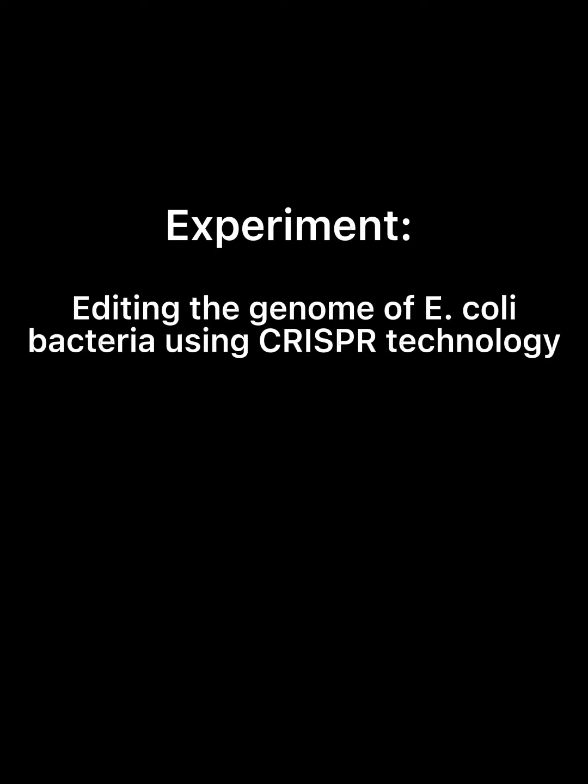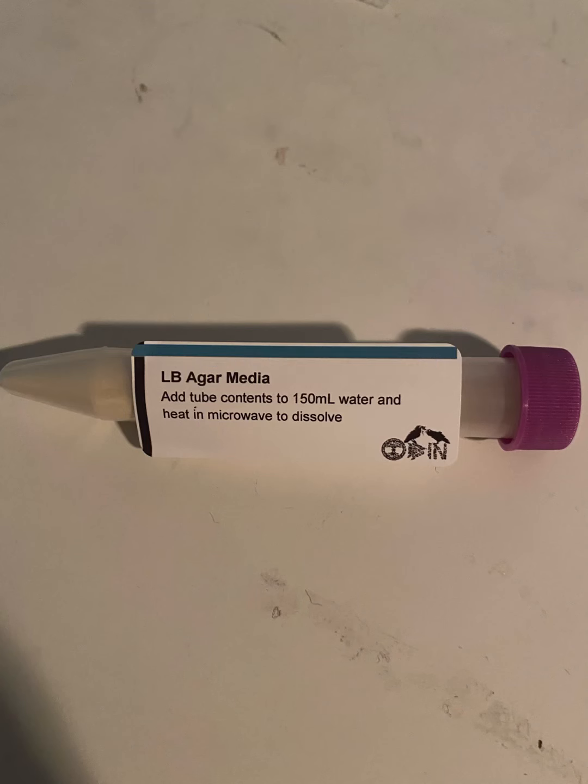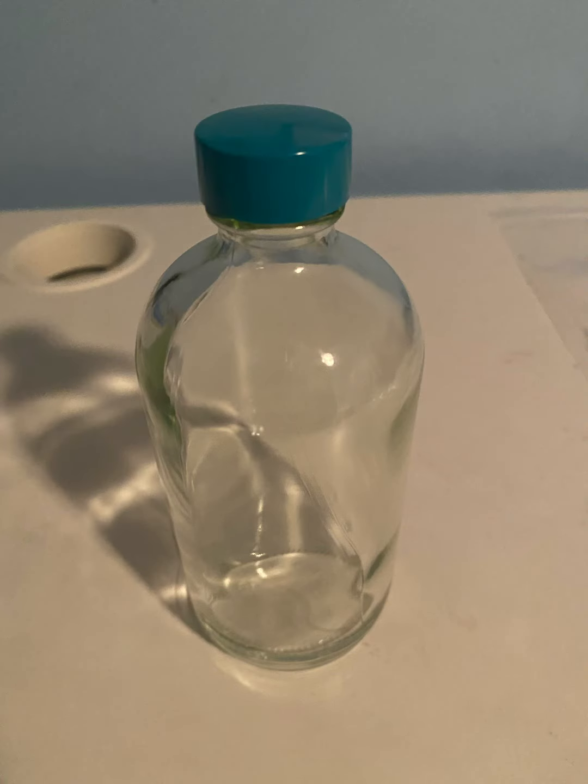coli. The goal of my experiment was to create E. coli resistant to the streptomycin antibiotic. To perform this experiment, you will need the following materials: LB agar media, which is a food source for the E. coli, LB streptomycin, kanamycin, arabinose agar media, which is food for the E. coli containing antibiotics, which will let us know if our CRISPR experiment has worked properly, a glass jar, a measuring tube,